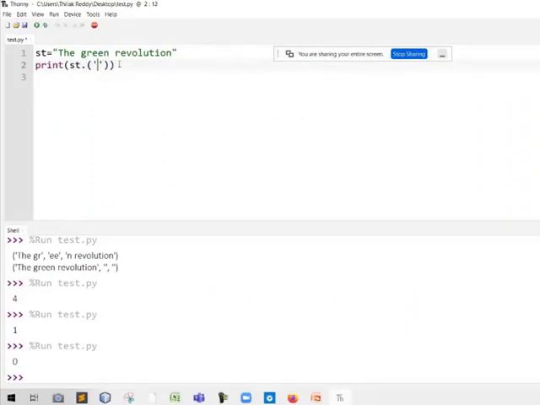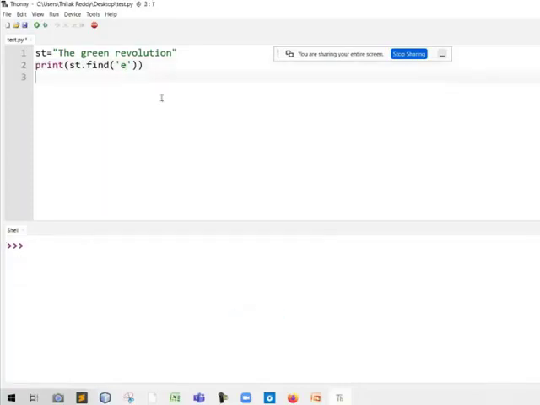Right. So st dot find, I'll use the find method here. The substring is the character E. What will be the output? It will return the first occurrence, right? No, index starts from 0. So the output is 2.